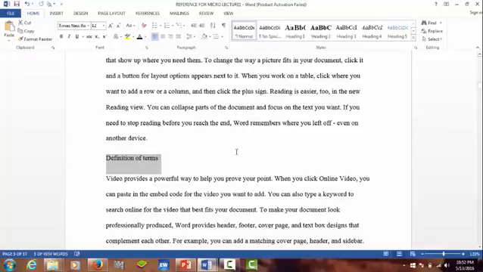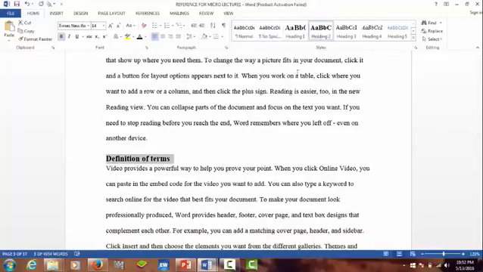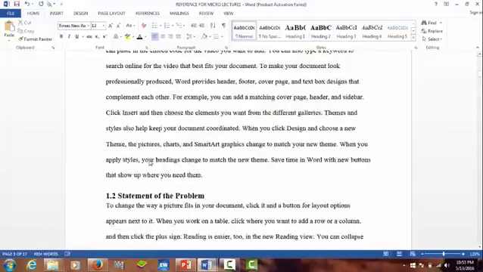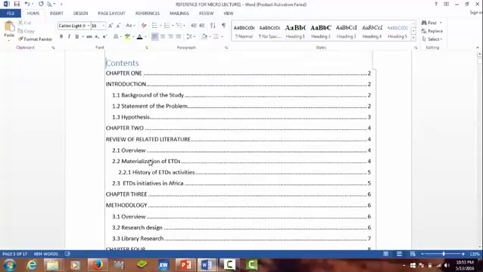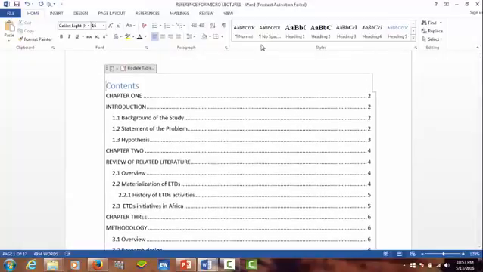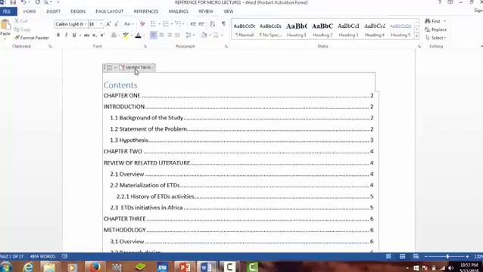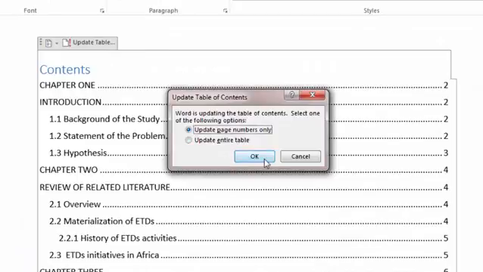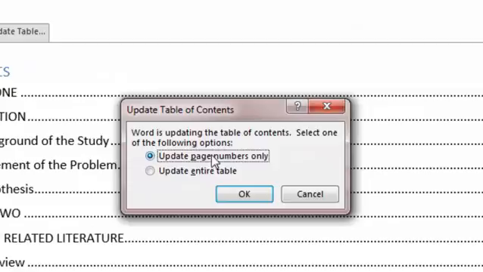So here you come and click on it, you come to heading 2, and it gives you the same features as the other subtitles. So after making these changes, you go back to your table of contents page, and what you need to do to make your new changes reflect in your table of contents is to come and click on update table. When you click on update table, then it's either you update page numbers only or you update